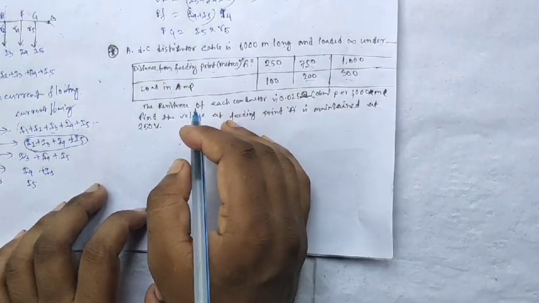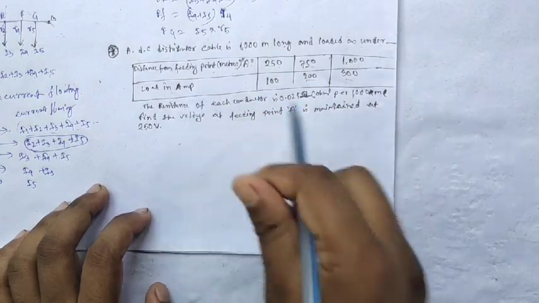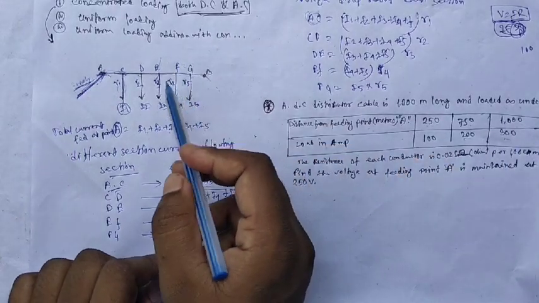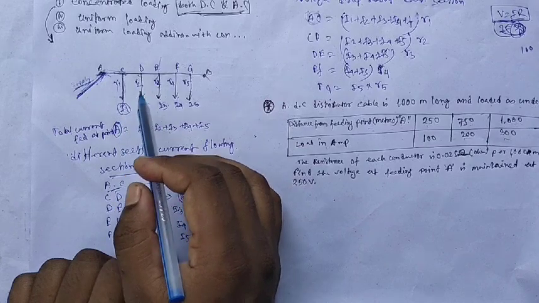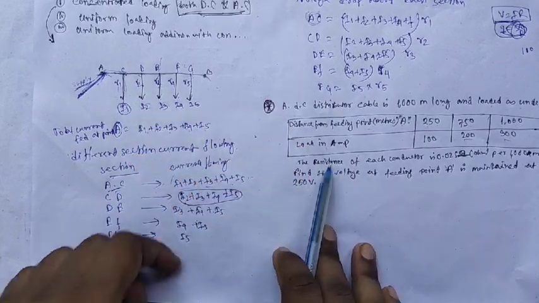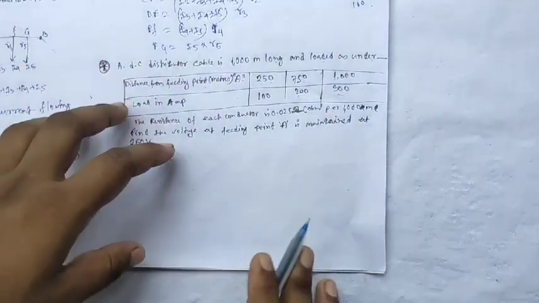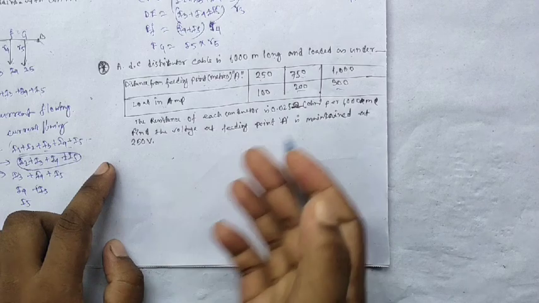So first of all, we draw the figure of this required value. Yesterday we also saw which type of concentrated loading is present in the figure. This one is the concentrated loading. Okay, this is how the concentrated loading is drawn. So first we will draw this figure, what it says actually in a question.